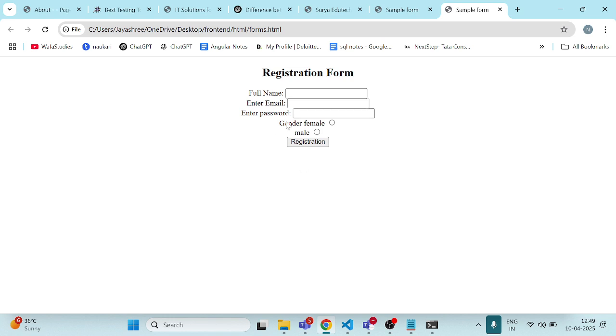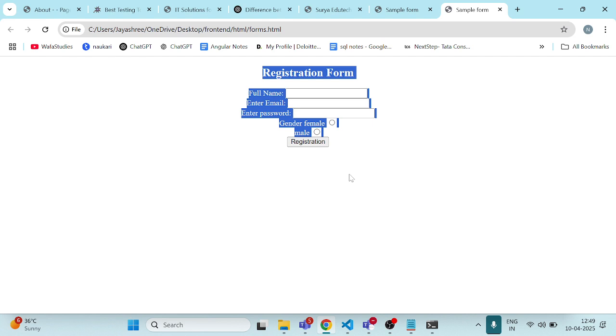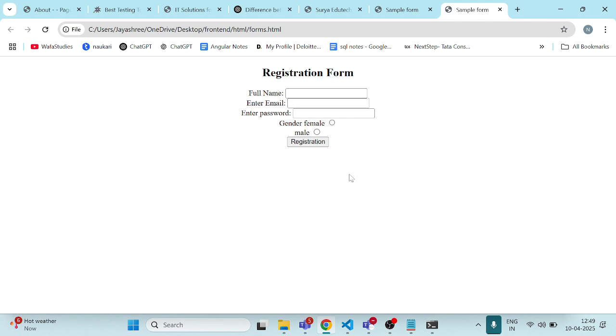Okay. This is how the creation of a form works. This is a registration form or else something like a login form. I have given this some validations. That's it. And please try to